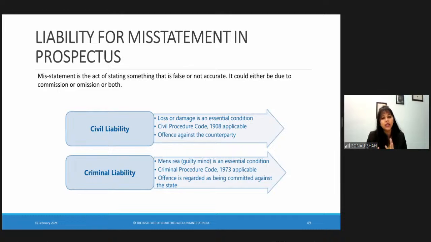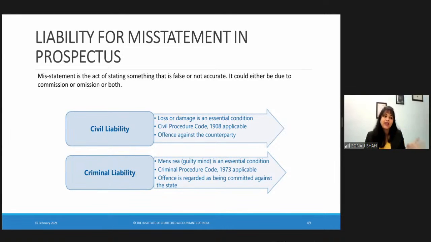When we were talking about shelf prospectus, I said that shelf prospectus along with the information memorandum together will be deemed to be a prospectus. So while you are making your notes, you can write shelf prospectus plus IM, which is information memorandum, together is equal to prospectus. This is how you will have to break down things to be able to remember. Breaking down is important because if you don't break it down, it will be difficult for you to remember things. Now, this will happen only when you read it on your own and break down the questions, right?